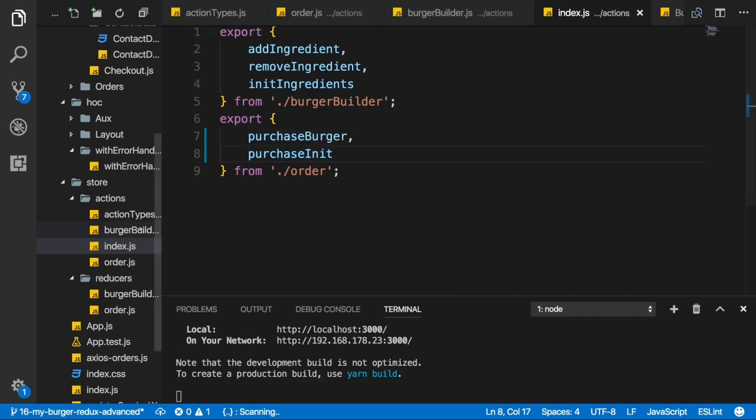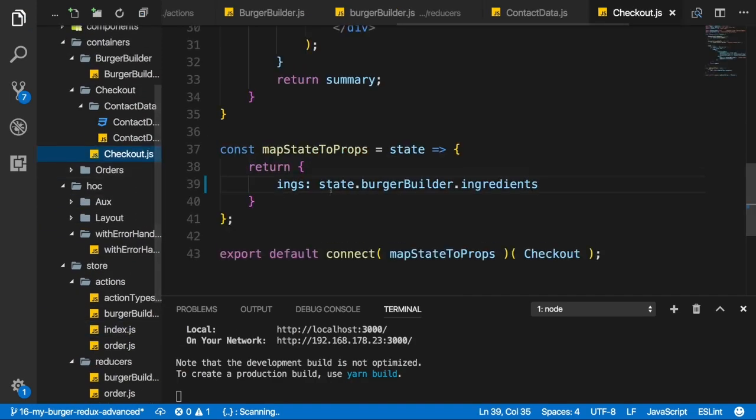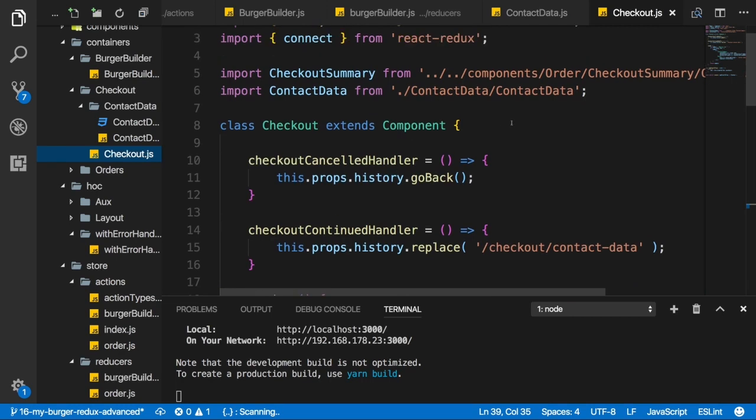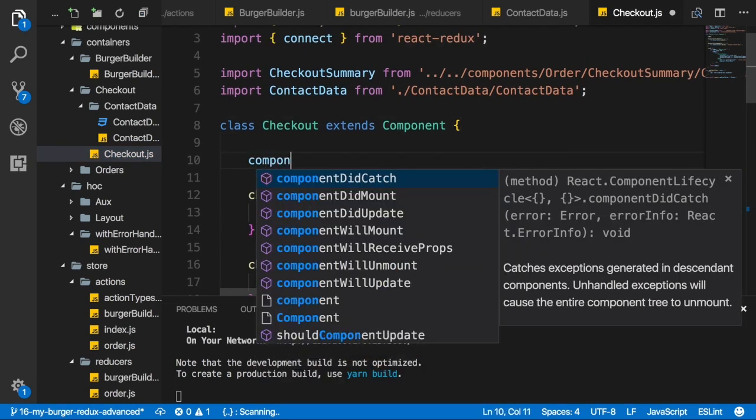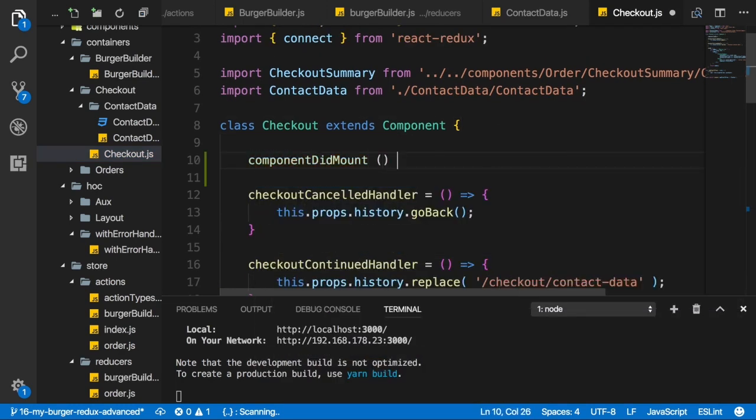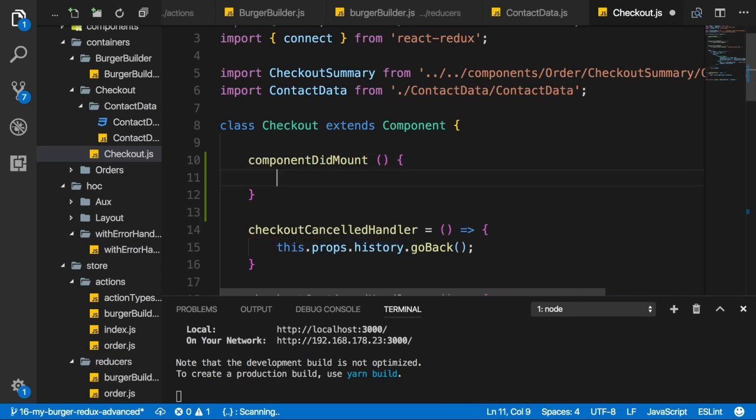And then I'll head over to my checkout container. And there I want to add component did mount. And in component did mount, I want to dispatch this action. In this action or in the reducer, I then want to add a new property to our state where I set something like purchasing to false, which is set to true once we did finish the purchase so that we